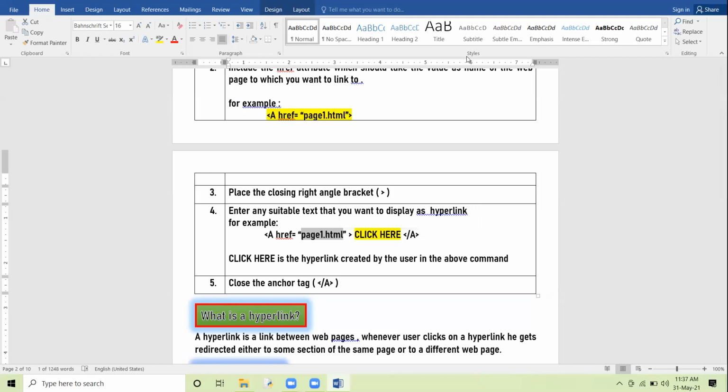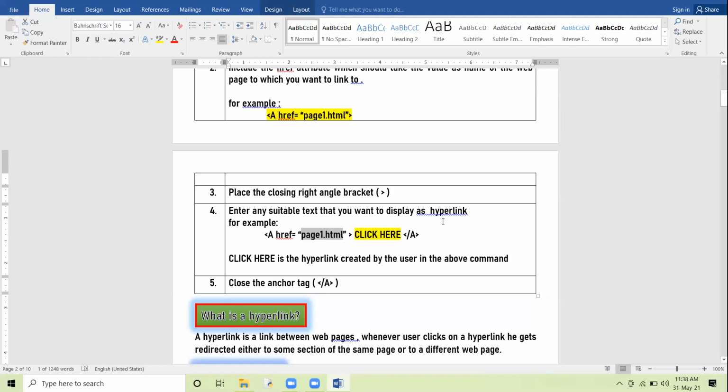When you click on this hyperlink, this web page will open. This page1.html is our target web page. Target web page means the web page to which we are to jump, to which we are to connect.